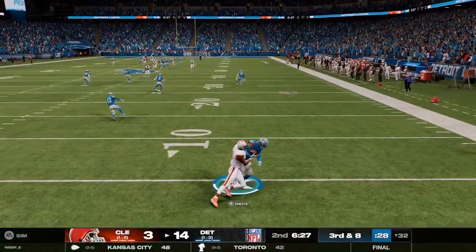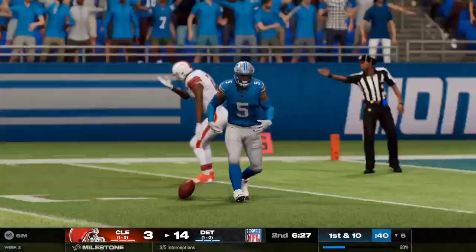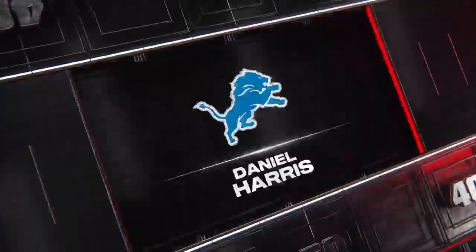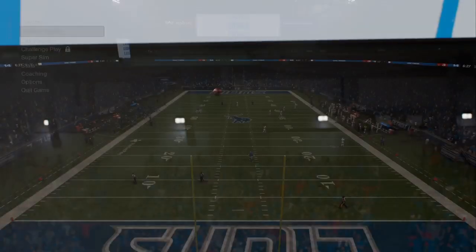It hangs up a bit too much. It's intercepted. And the Lions are going to take over here on the INT at their own 5-yard line. When you find yourself in this situation, Mike, you're on defense, you're defending your own goal line, you got to take some chances. You got to try...